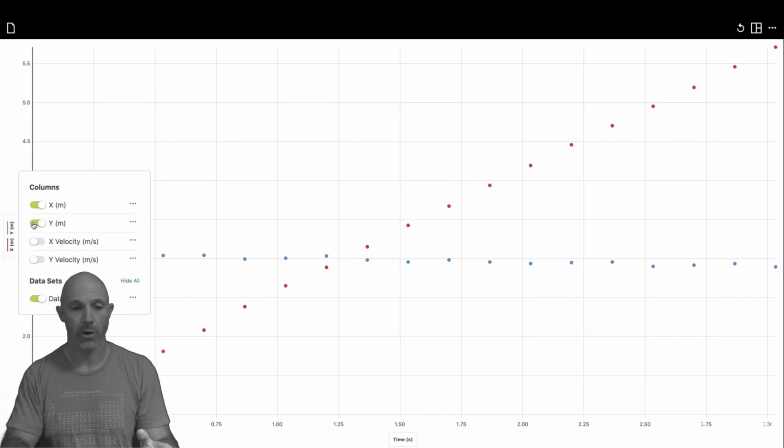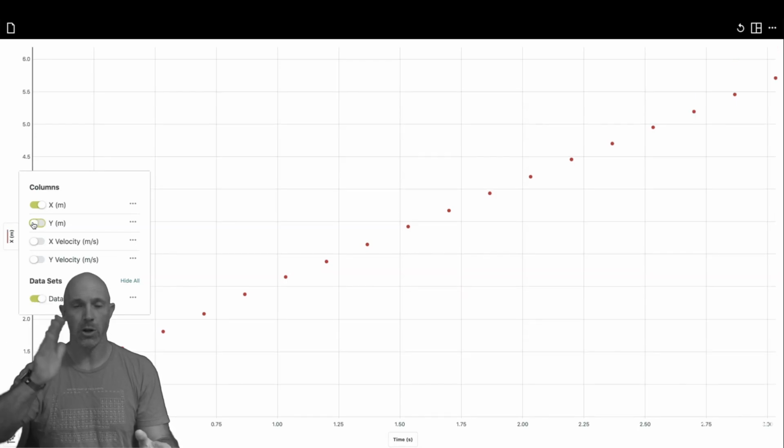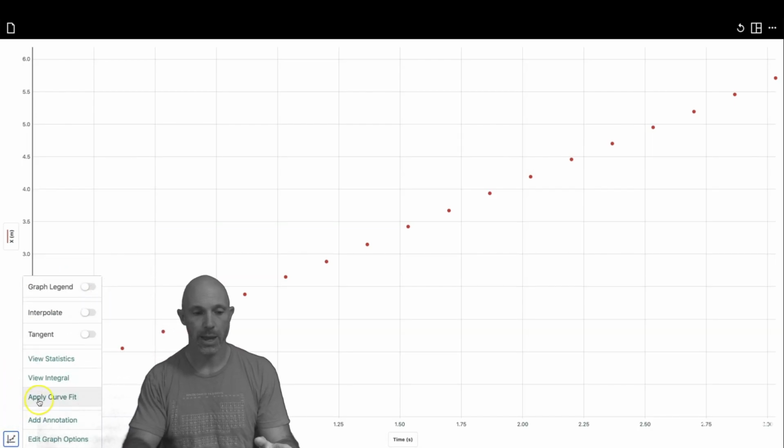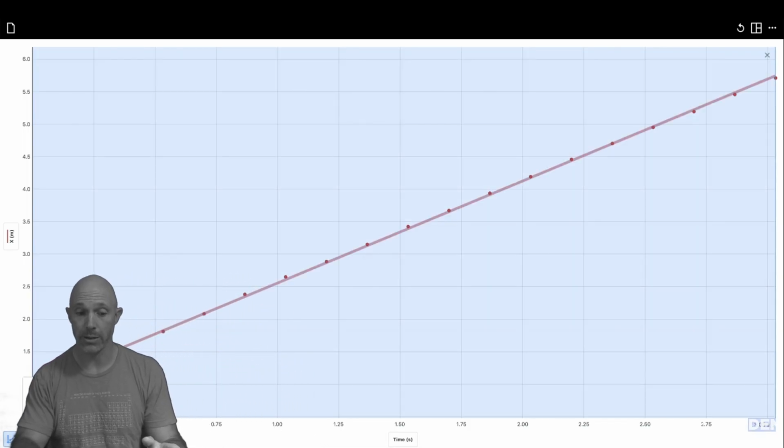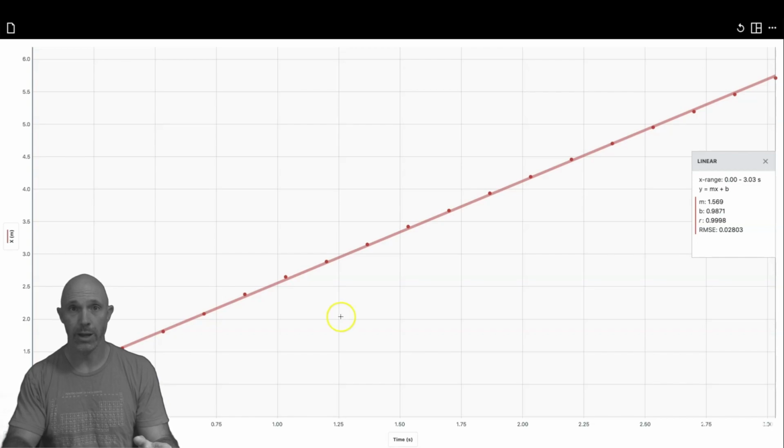I'm going to click off y because that's just the up and down. We're just concerned with the horizontal, right to left, or actually in this case left to right. Now as we do that, we can also click down here and go for apply curve fit. That looks pretty nice. So this does a lot of the work for you, and you get an equation of